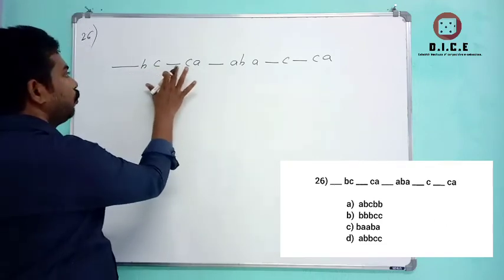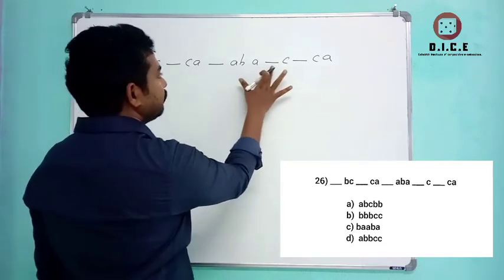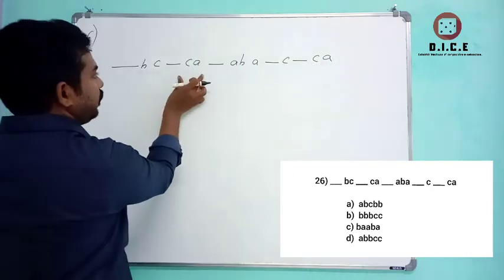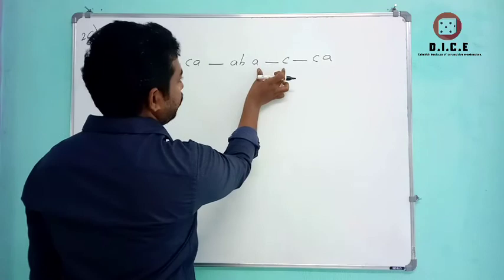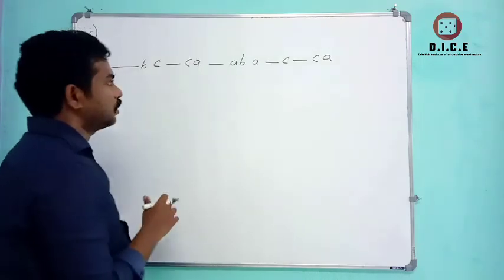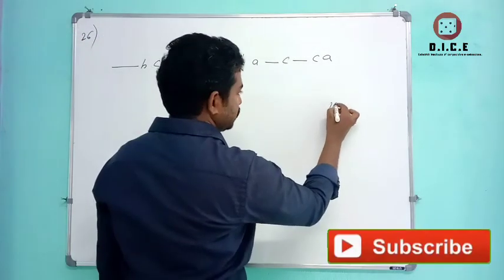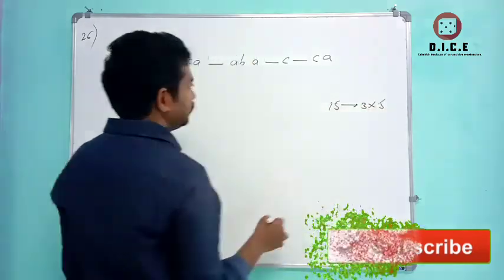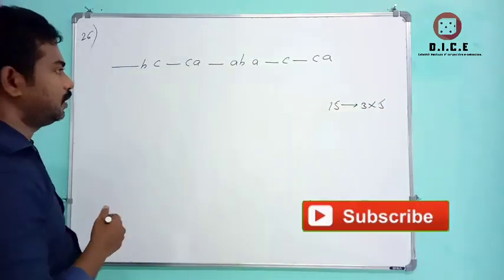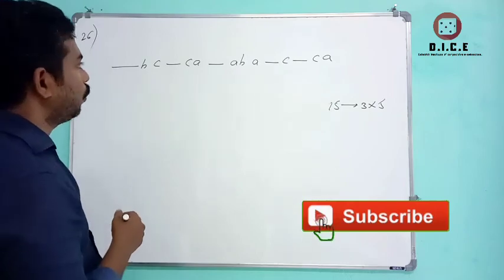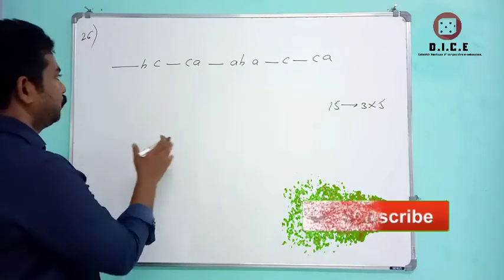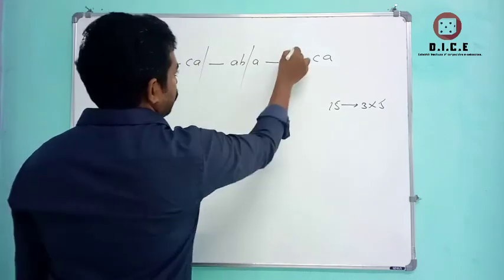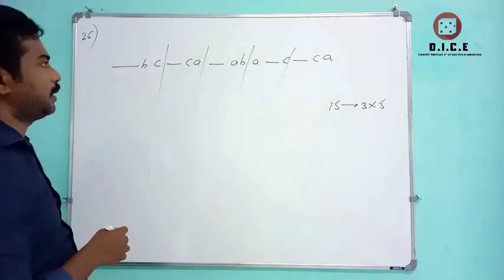1, 2, 3, 4, 5, 6, 7, 8, 9, 10, 11, 12, 13, 14, 15. It is 3, 3, 3, 3 and again 3. So this is a case of 15 including the spaces. Now what is the factor for 15? It is nothing but 3 5s are 15. Now what you do here is, with every 3 spaces you segregate this pattern.